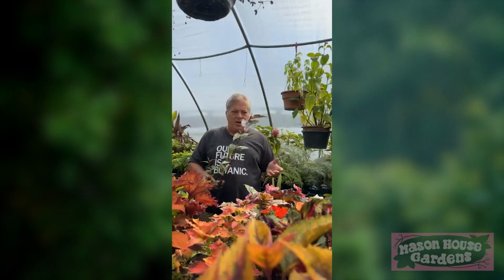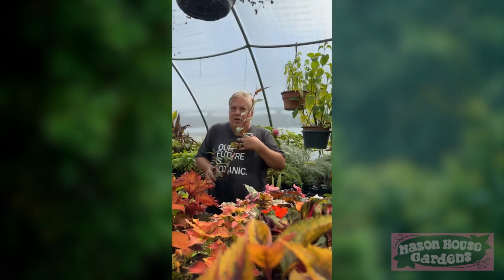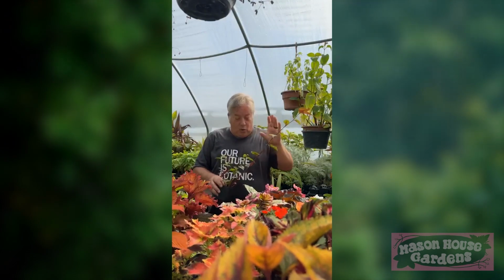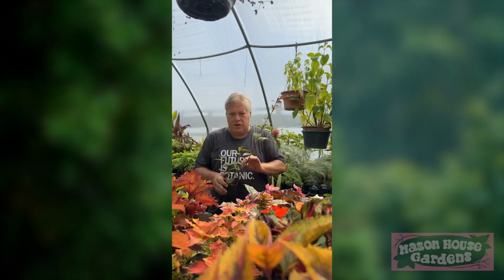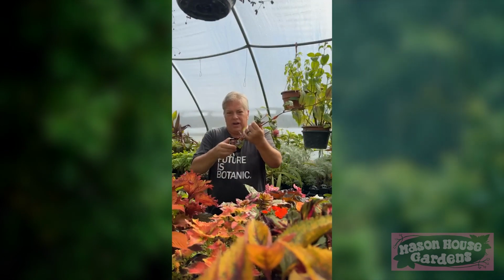Persicarias we know, Persicaria Firetail, things like that, as great garden plants. Persicaria Red Dragon, for us anyway, is sort of borderline hardy. It's almost fully winter hardy, but it's better used as a container plant. And it's just a wonderful foliage leaf. These older leaves are green, and these have been shaded, so they're green with the great zones. But new growth, and if they're in the sun, this wonderful burgundy with the dark purple and silver zone is